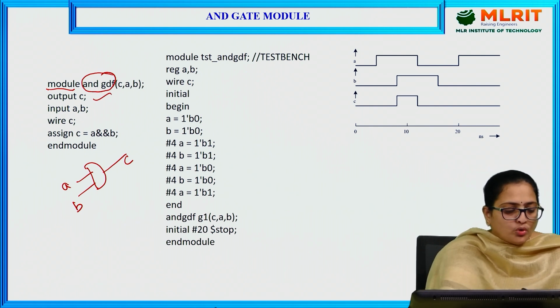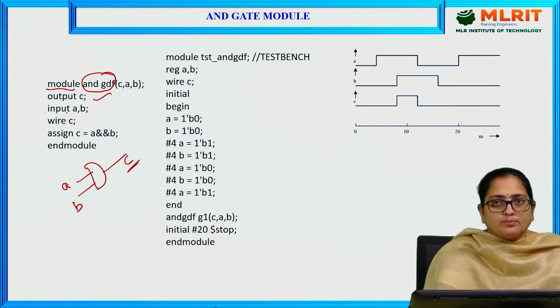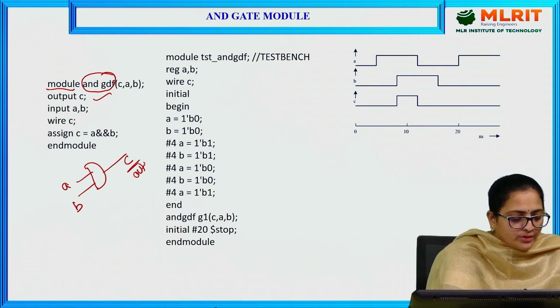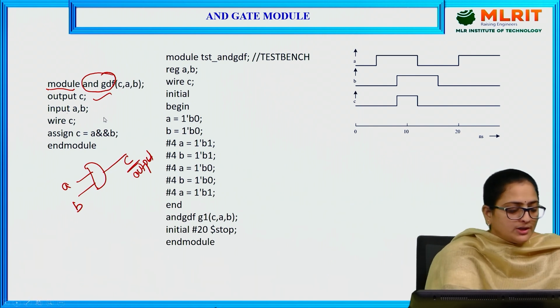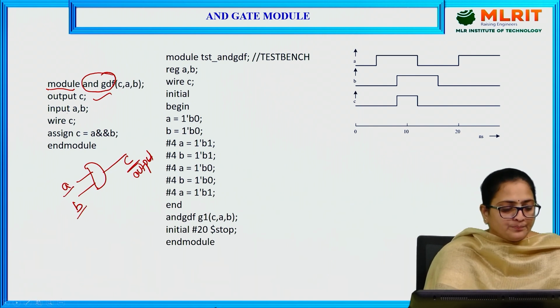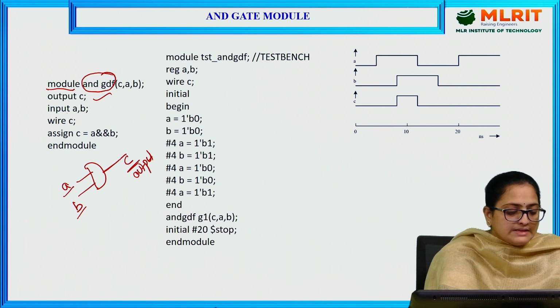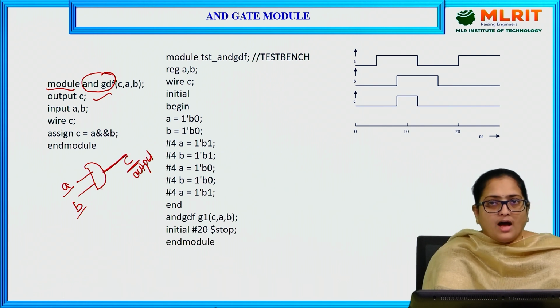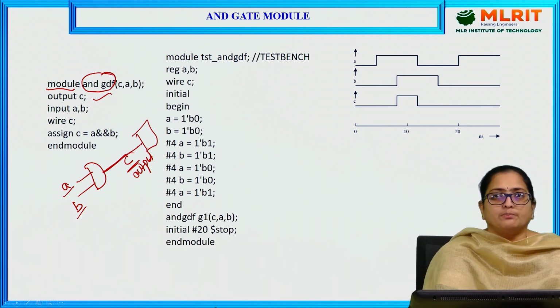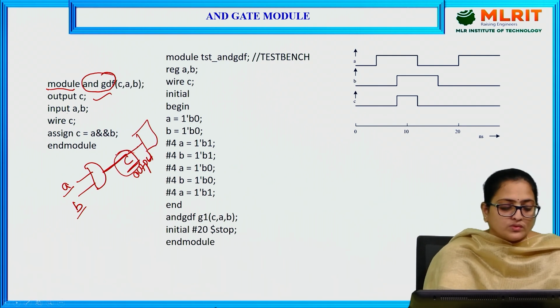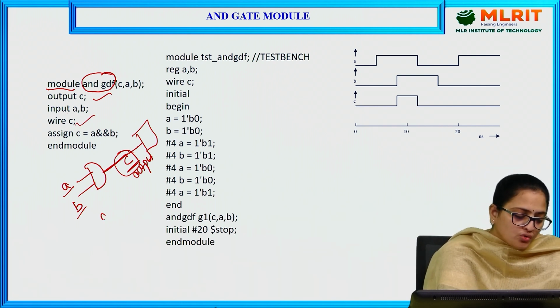Here, the output port is declared with the keyword output, and C represents the output, and inputs A and B are declared with the keyword input, representing that A and B are the inputs. Now, as C is an output driven from the AND gate, which can be given to other modules as an input, we can declare this C as a wire. In gate level designing, we used to call a primitive called and, gate name, C comma A comma B.